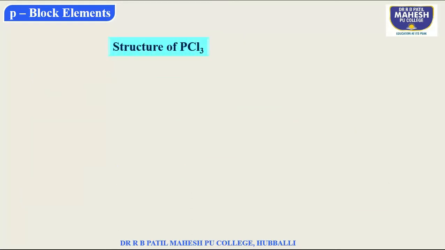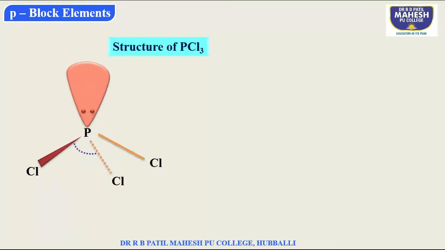Structure of PCl3. It has a structure similar to that of ammonia. See, in phosphorus we have 3s2, 3px1, 3py1 and 3pz1 configuration. So one 3s and three 3p orbitals mix to form sp3 hybridization. Out of four sp3 hybridized orbitals, three overlap with chlorine to form three bonds and one is going to contain